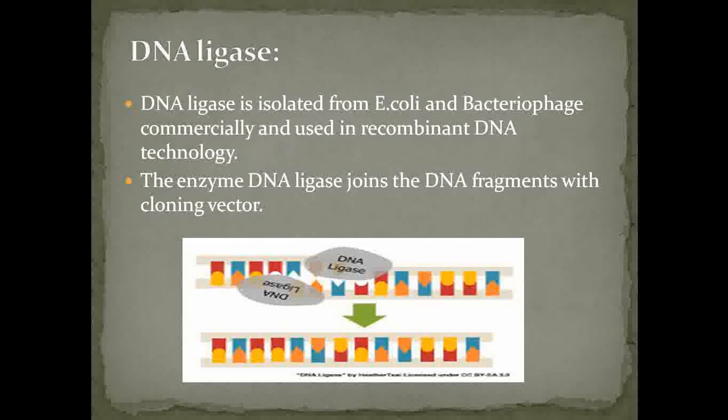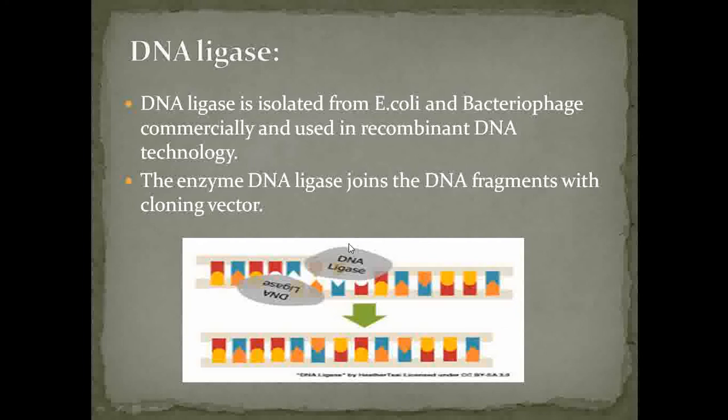Due to its rejoining ability, DNA ligase is called a molecular glue. This DNA ligase is isolated from E. coli and bacteriophages. It is used in recombinant DNA technology, and the main function of this enzyme is to join